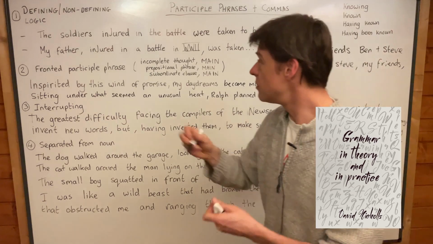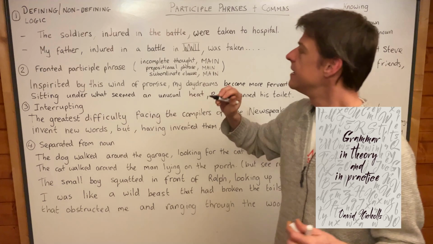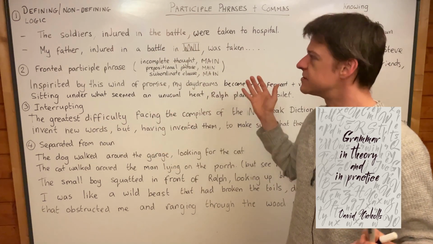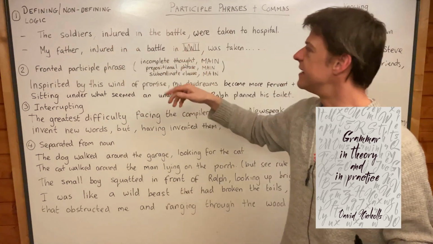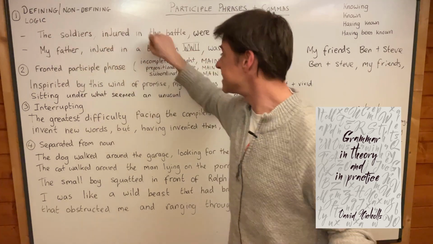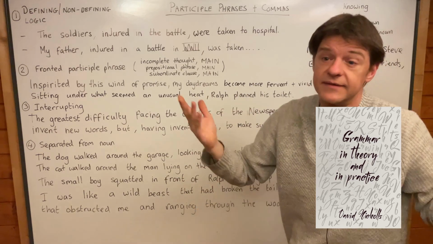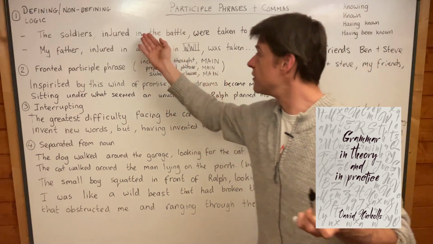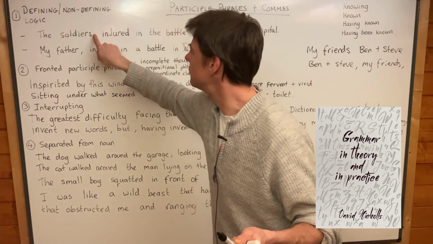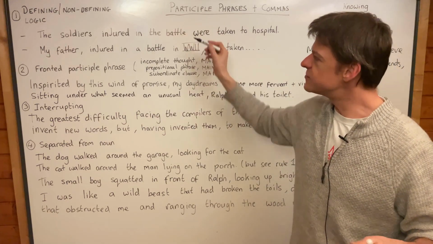Now, there's nothing wrong with adding commas to this sentence, but it changes the meaning. Now we mean all the soldiers were injured and taken to hospital. As soon as we put the commas in there, this is non-essential information. So you could take it out, yeah, when we're saying that the soldiers were taken to hospital. Oh, and by the way, they were injured in battle. So we're kind of referring to all of them now. But if we take the commas out, only those soldiers who were injured in battle were taken to hospital. But I wanted to give you these two examples so you